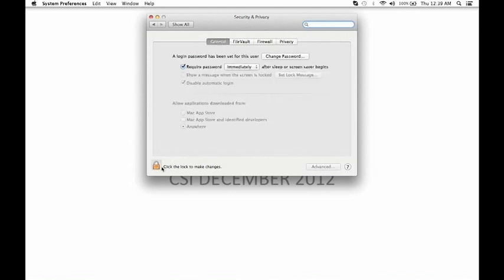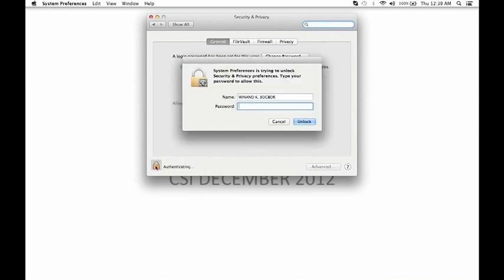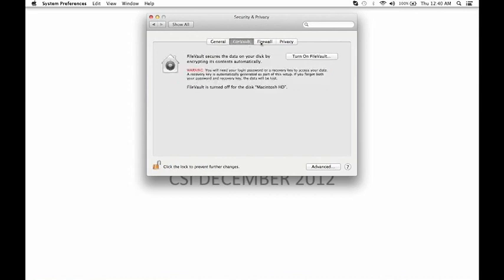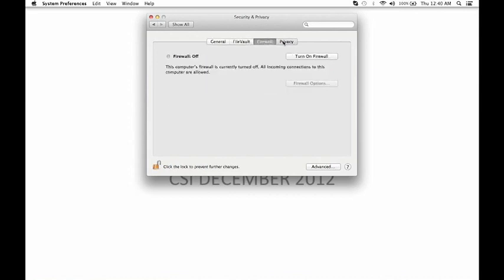Now, on the lower left bottom here, you can see a padlock that is locked. This padlock is locked because I want my settings to remain the same. I don't want anyone to change it. But if I have to do any changes, I will have to unlock it by providing my password. That is the only way I can do any changes, or anyone can do any changes. Otherwise,